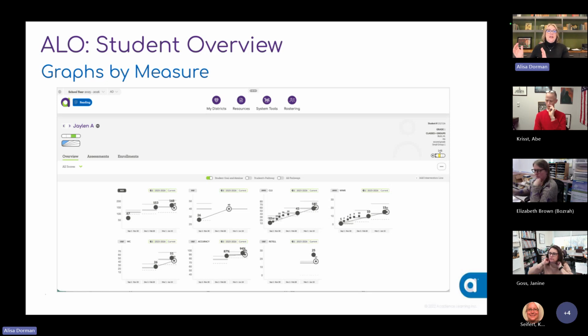If you're not using ALO and you don't have your data in ALO, your graphs are on the cover of your progress monitoring booklets. So if you're using this in paper, you would have this graph drawn on the cover of your progress monitoring book. You would still be able to see a visualization like this. It's just being manually drawn or added by you as you graph by hand. And so those are really the differences. If you use the data system, it does the graphing for you.